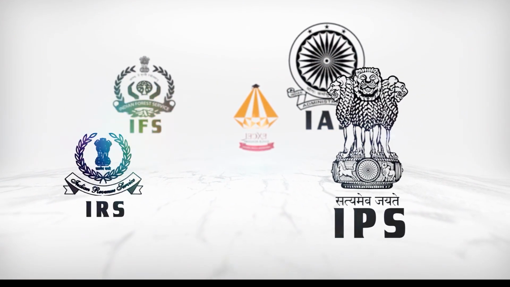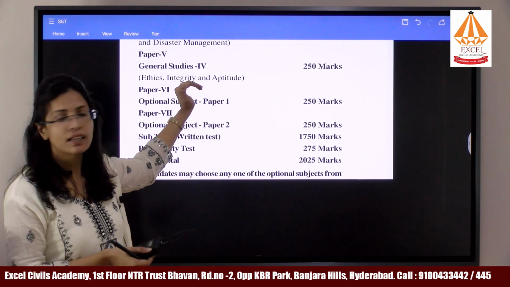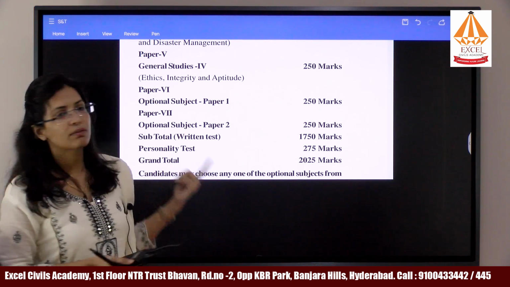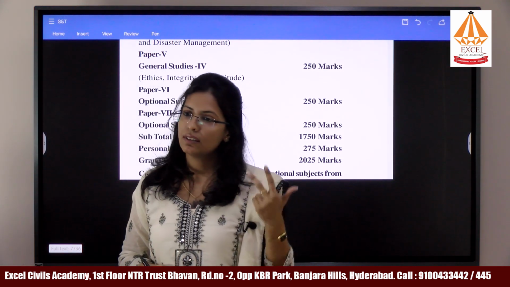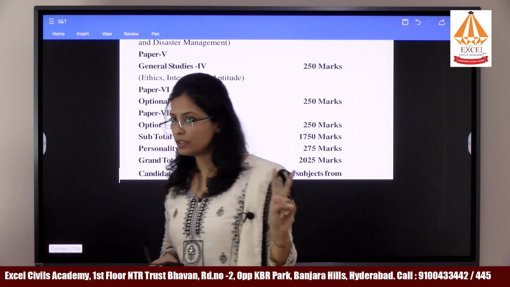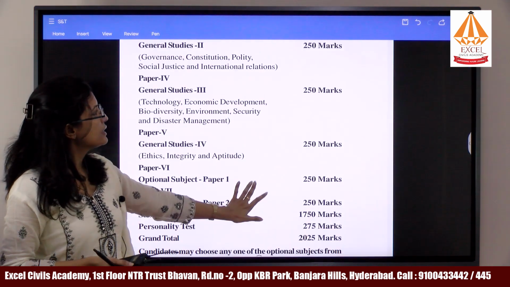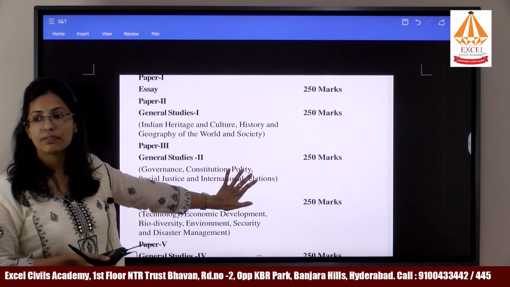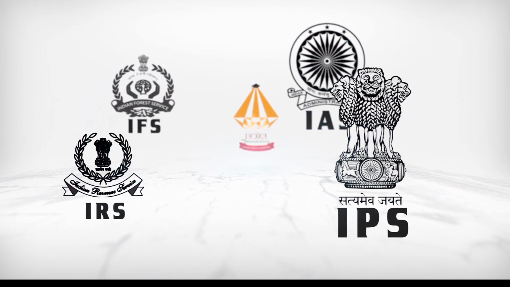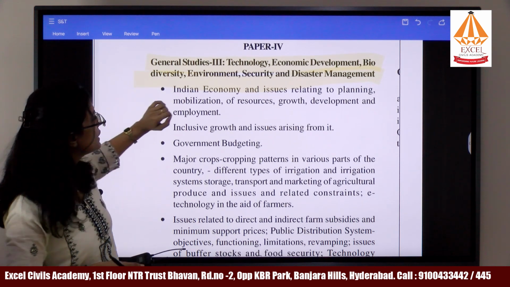I am sure you are aware of this. You have GS4, that is ethics, integrity and aptitude. Apart from that, you have to choose an optional subject, which will have 2 papers, paper 1 and paper 2. Then finally you have your interview. All the GS papers are for 250 marks each. Okay? So coming to the main topic for which we are here, that is